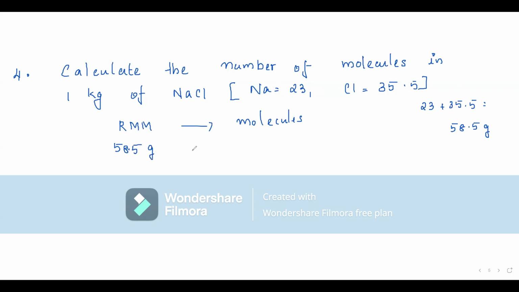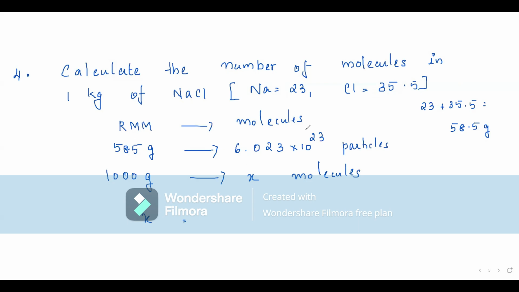So 58.5 grams of NaCl will have 6.023 10 to the power 23 particles, molecules as per the question. Therefore, 1 kilogram, right? So in grams, 1000 gram will have X molecules or particles. Now solve for X. Now I am bringing every relation in such a way that you can solve it by unitary method. So here X is equal to 1000 into